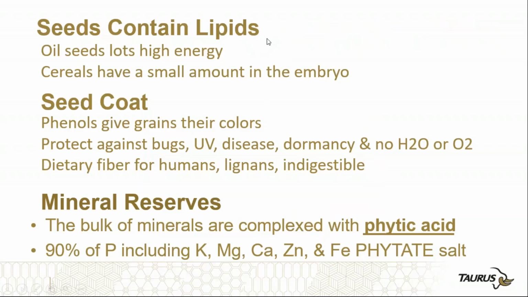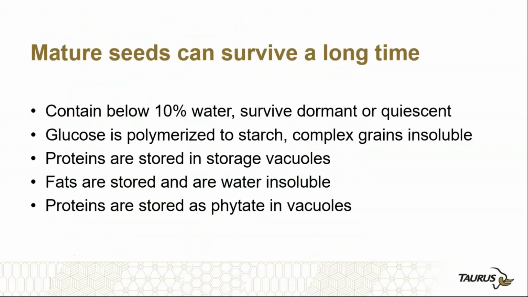There are lipids in the germ, and that's important with wheat because lipids give you a lot more energy. And there's a whole bunch of stuff in the seed coat that is not so good for us. It's fiber for humans, but plants in the seed coat put in a lot of phytic acid or phytases, and that contains most of the P, but it also ties up a whole lot of other cations which are not available to monogastric animals like chickens, and the cattle guys will know all about this, and the pig guys. So that's a bit of a problem, and I'll talk about that in a little while.